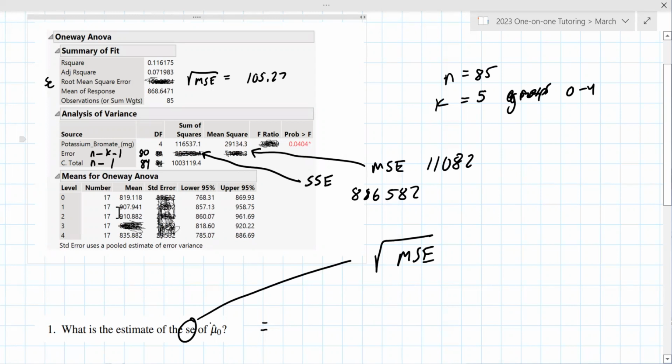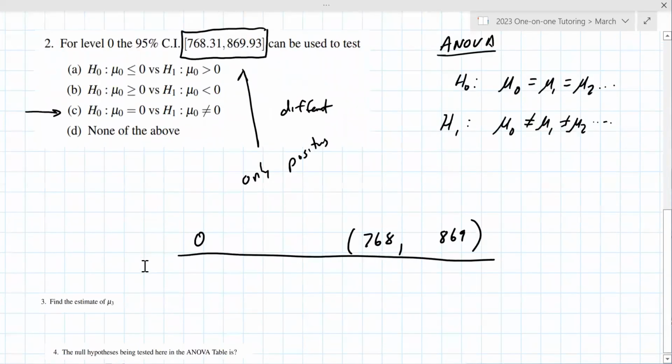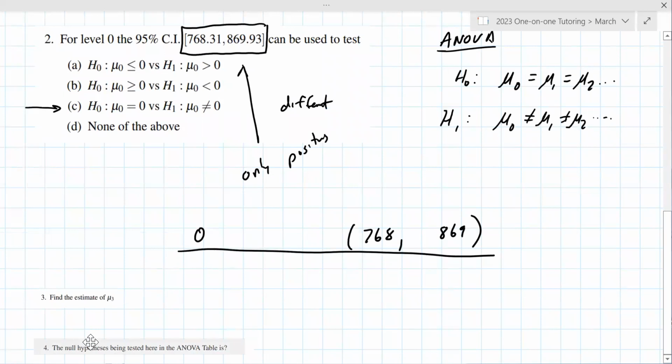Now, one of the things that's not here in this table is the T-scores. I don't know if that's intentional, but the T-scores are not given for each of the levels. And the T-score is the mean divided by the standard error. Okay. I don't know if that's upcoming, but usually it's right there, the T values. And then for the null hypothesis being tested here in the ANOVA table, I think that's just broad,